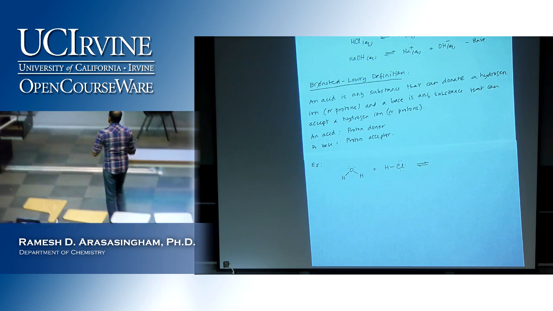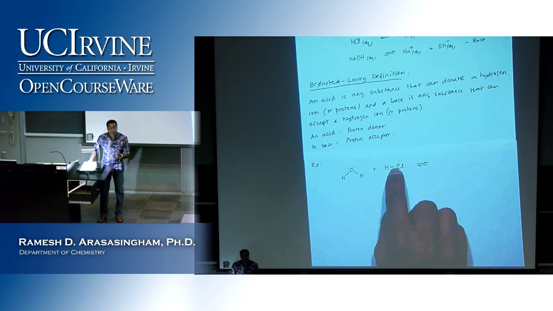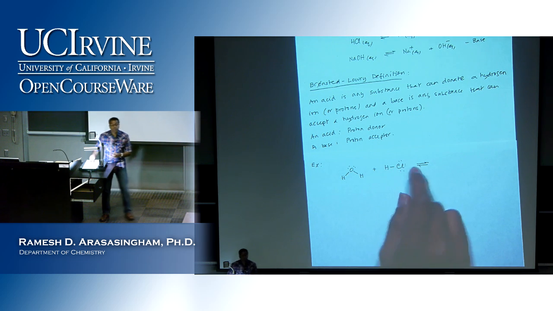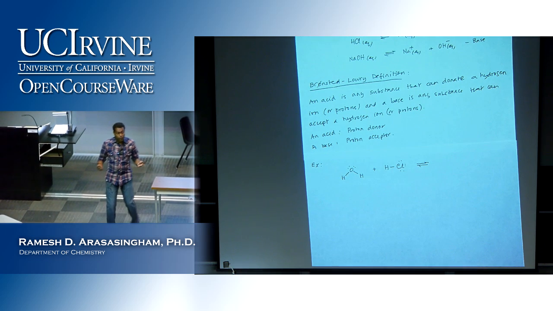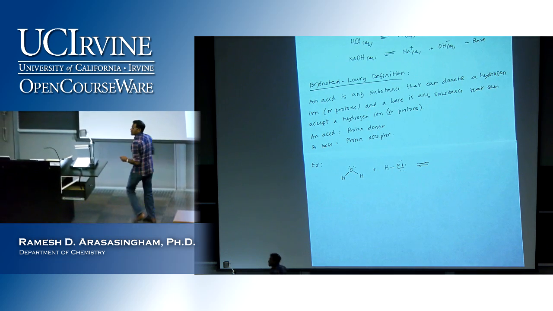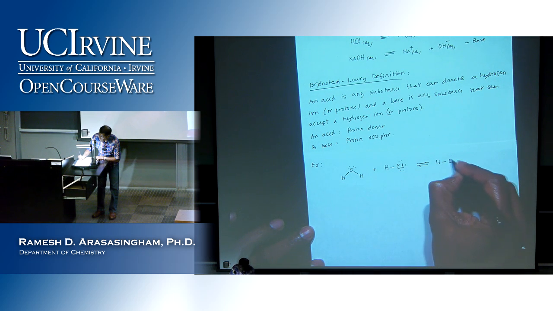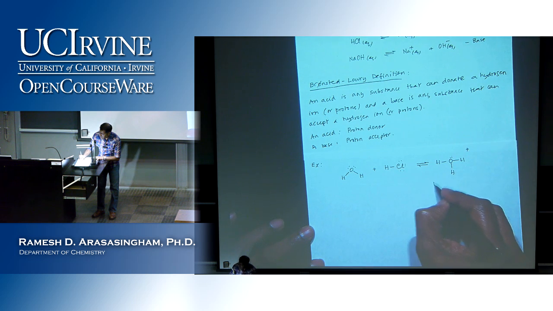But when you form an H plus ion, what happens is both electrons that belong to this bond go to chlorine. And so hydrogen leaves with no electrons at all. That's why it's H plus, all right? And so the H plus ion combines with this to give you, we call this a hydronium ion